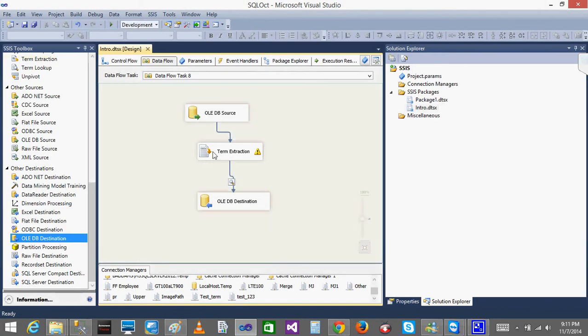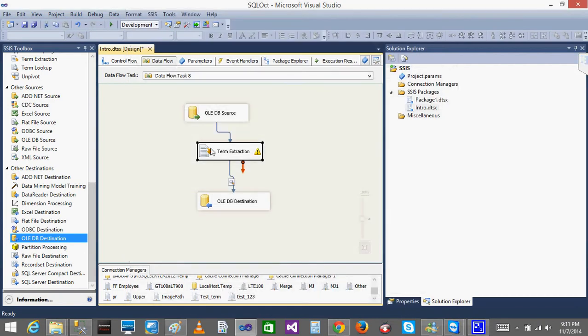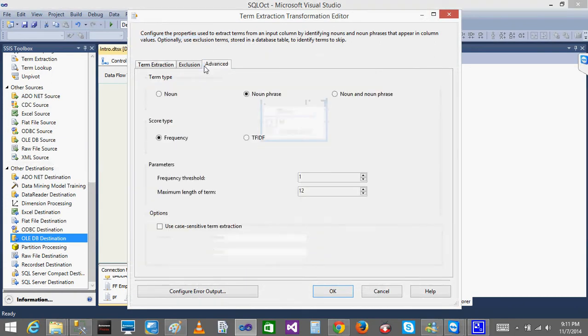Now what I will do, I will click on the term extraction. Now I will go to the advanced, I will take the noun phrase. So what will we get when you do the noun phrase? Oh, sorry, why I didn't get Raju is that there is a maximum length of the term. Okay, we can ignore that. I'll give like 100. Don't worry. The system didn't understand Raju. So now I'll give the noun phrase.